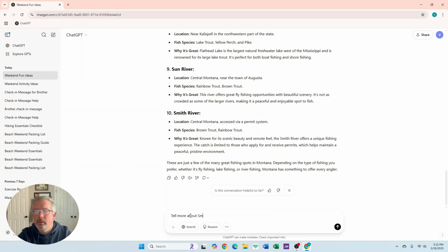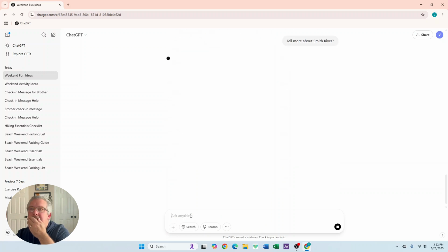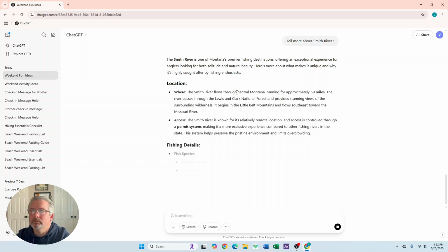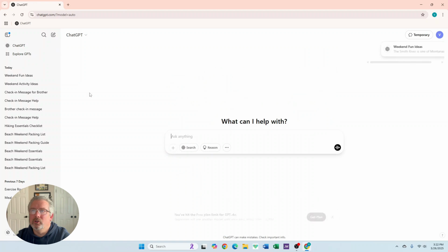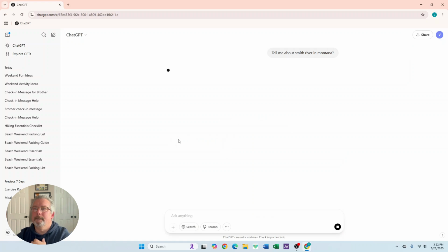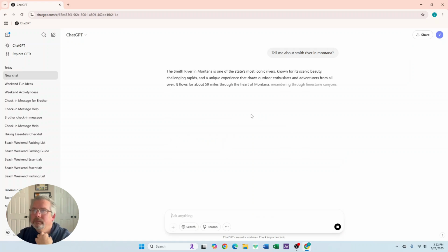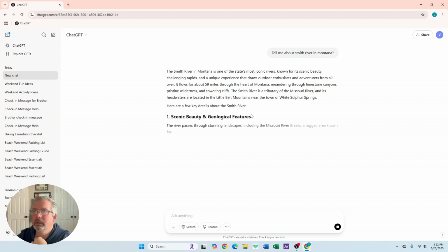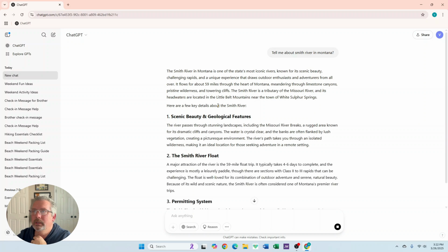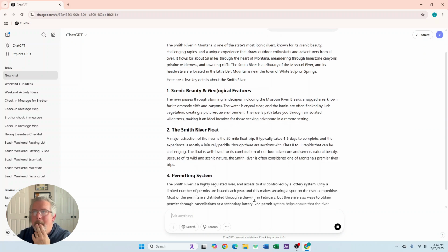about Smith River, let's see what it does. No, it didn't use my name. Oh, because again, I didn't start a new conversation. So tell me about Smith River in Montana. It still didn't. So this isn't working the way it's supposed to, which makes this kind of frustrating because it should be telling me. So now what I'm going to do to remind it,